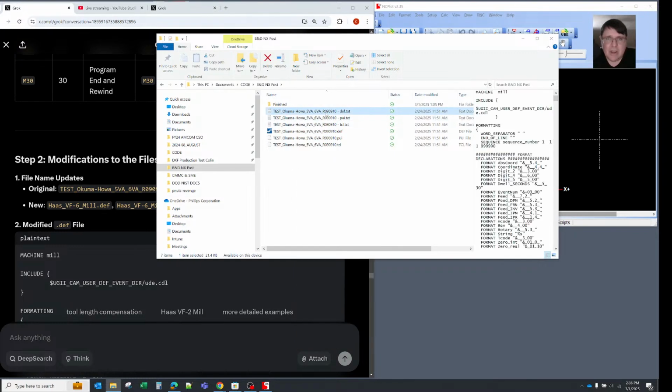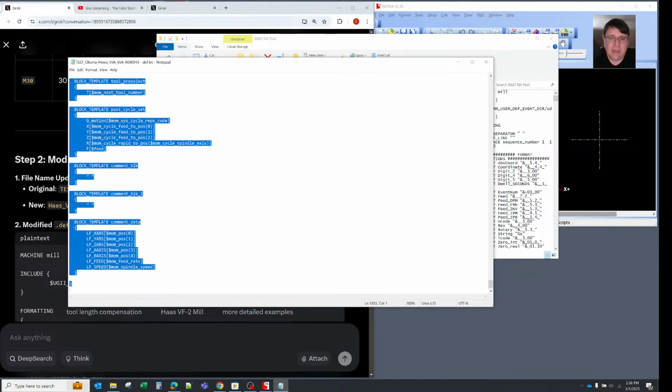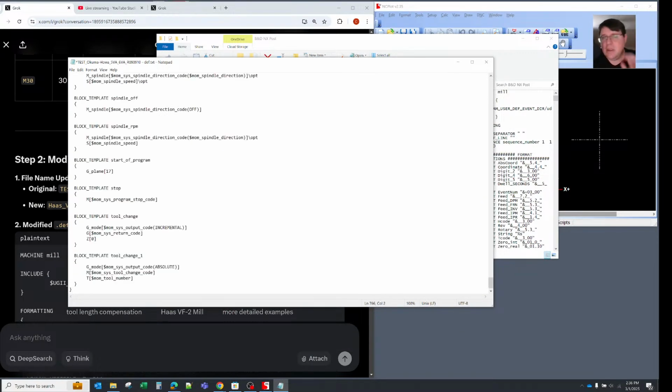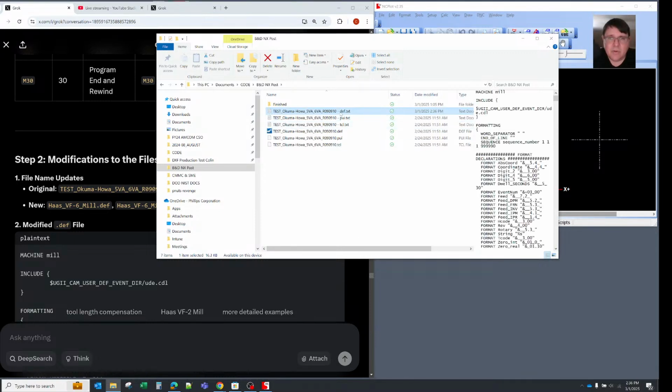It's the def. So I'm actually just going to use the existing one. So I'm going to take this, Control A, and delete it, Control V, the new one, and then I'll save this. And this one is going to be the .def, but it's also going to be a Haas VF6,